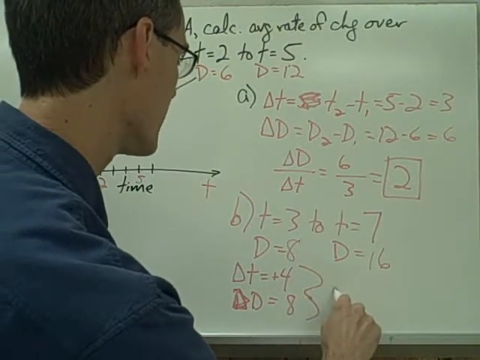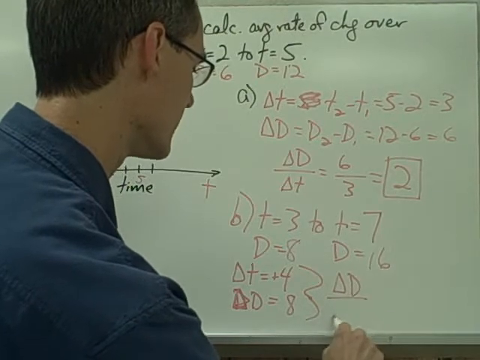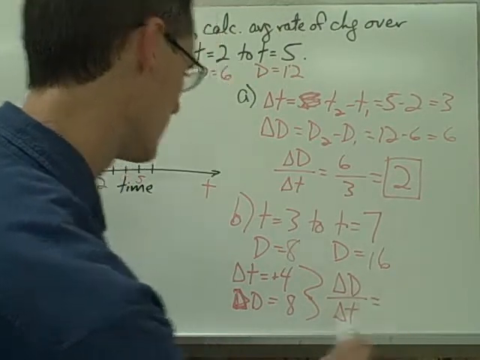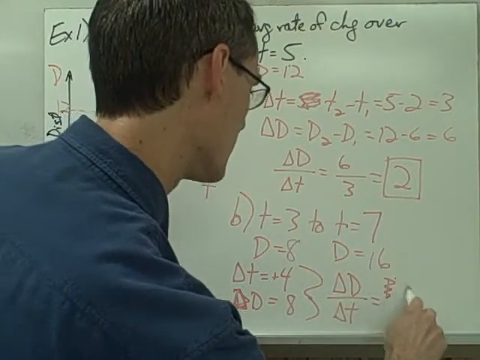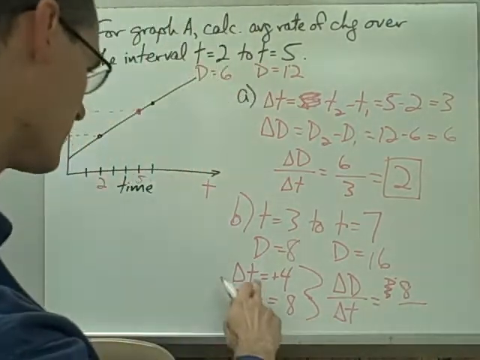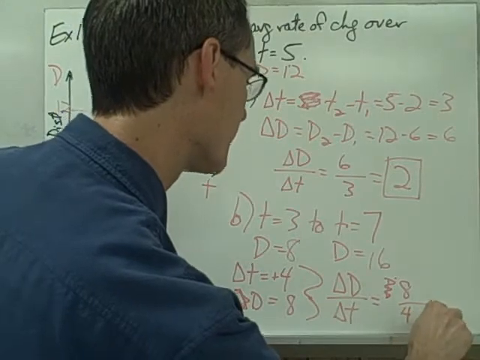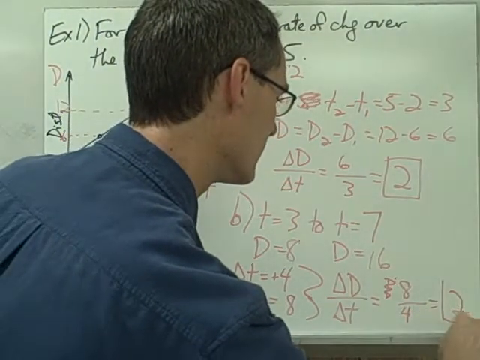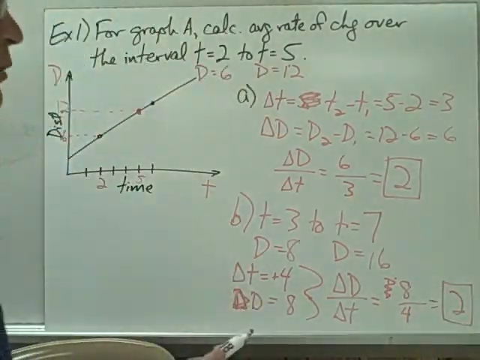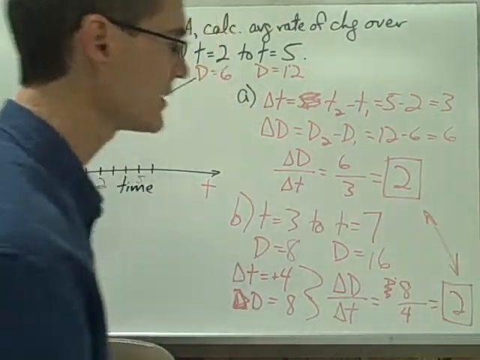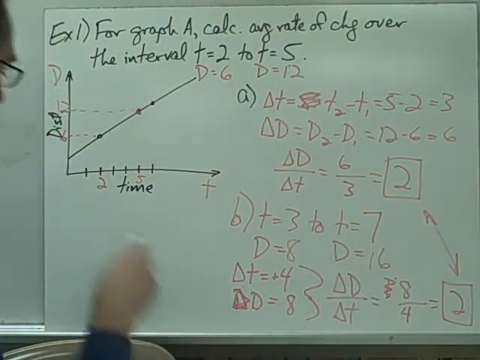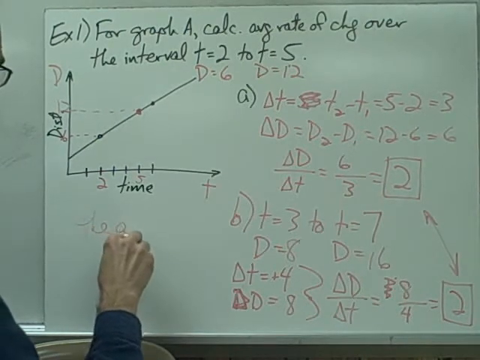I take these and put them together, and I can calculate delta d over delta t. My delta d value is 8, my delta t value is 4, and so my delta d over delta t value, or my rate of change, is 2. And one thing I notice is that the average rate of change